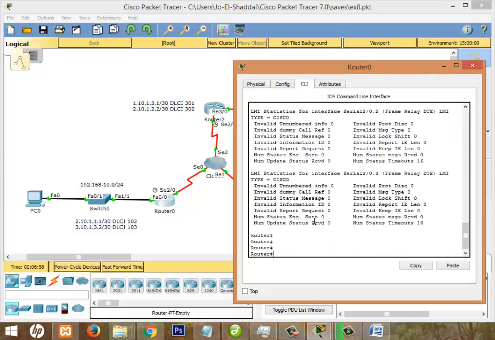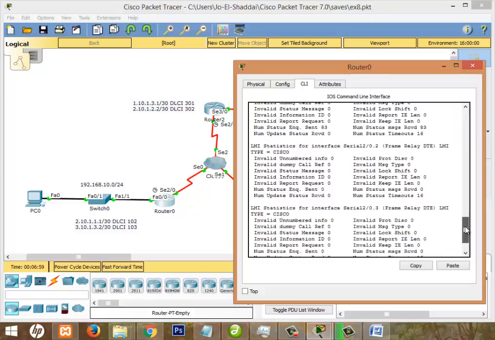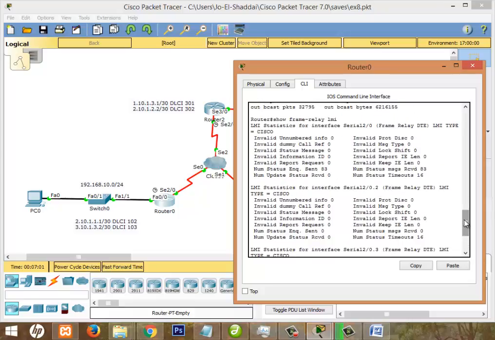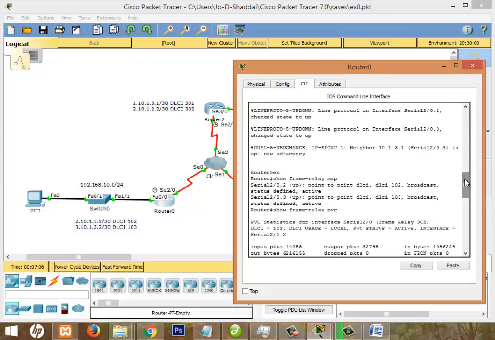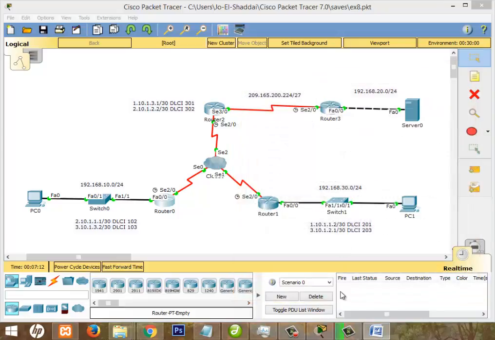So this is a much more detailed command for this experiment. As you can see, each of these commands is helpful for troubleshooting in cases where you want to point out where the error is in the network. So those are the troubleshooting commands.